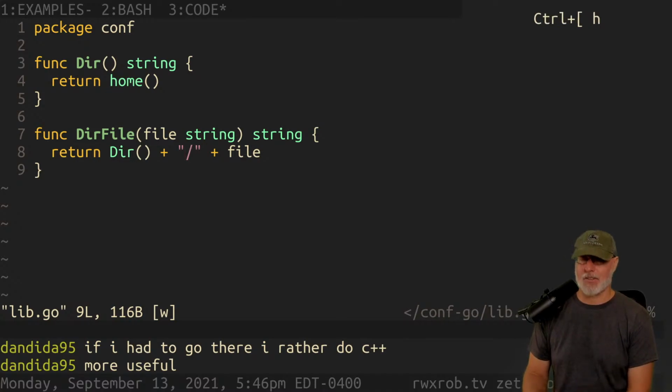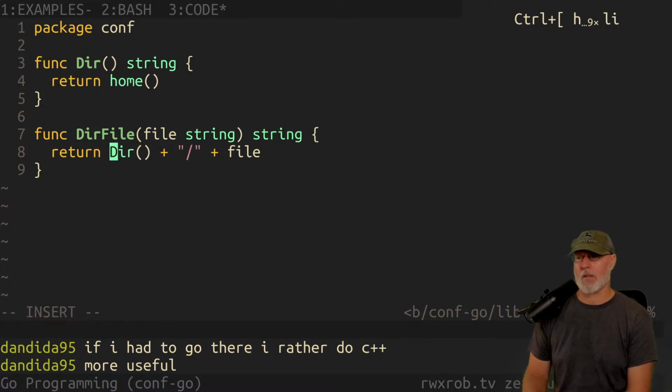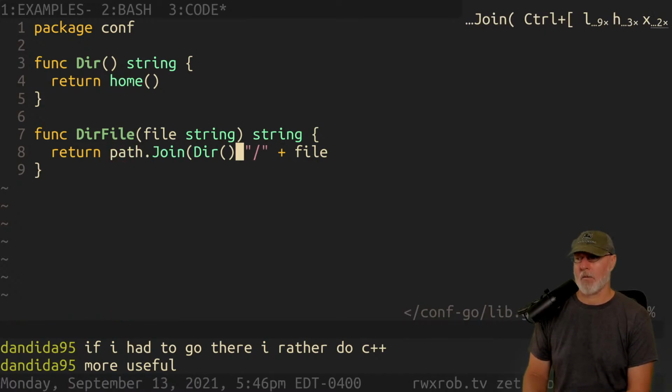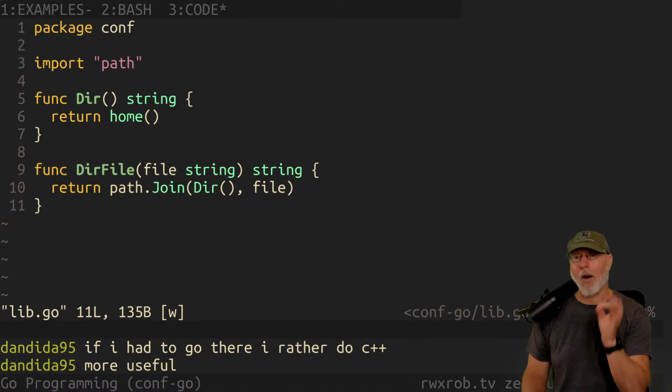Now, that said, Go is really, really good at translating the slash when you're dealing with things. But if you want to do it in a better way, you can do it with something called path.join. You just put what you want to join in there, and you're good to go. That will automatically join the path. That is the proper way to create a path.